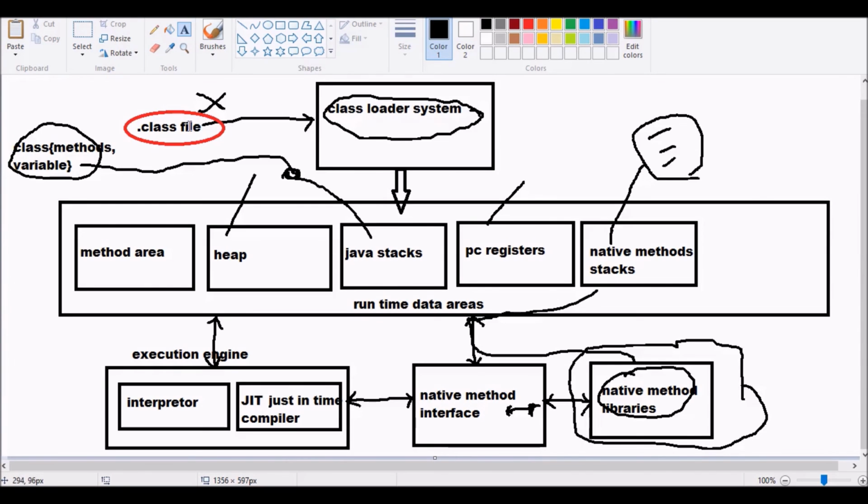First some line is executed and converted into machine code and stored in some variable. Those addresses will be stored in the PC registers, and again they are going to change every time. So these PC registers will be storing the addresses, and the microprocessor will come and see them every millisecond, as fast as possible, and work out that code. This is about the JVM architecture.